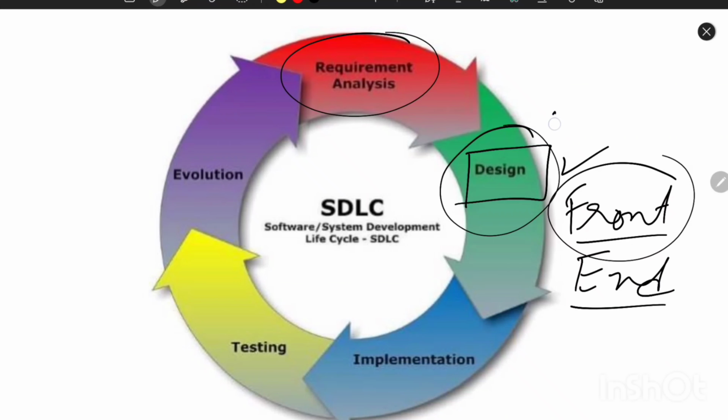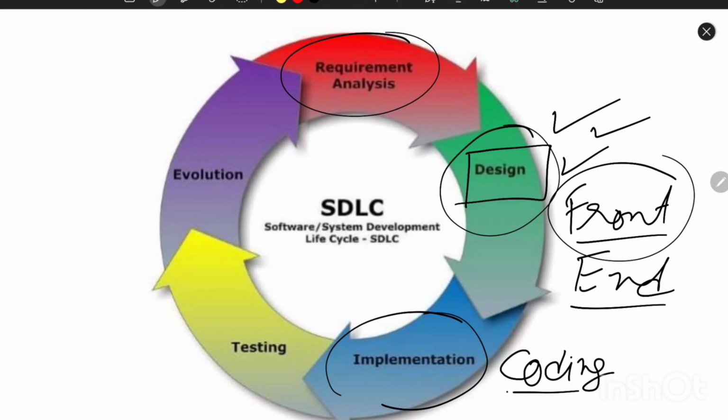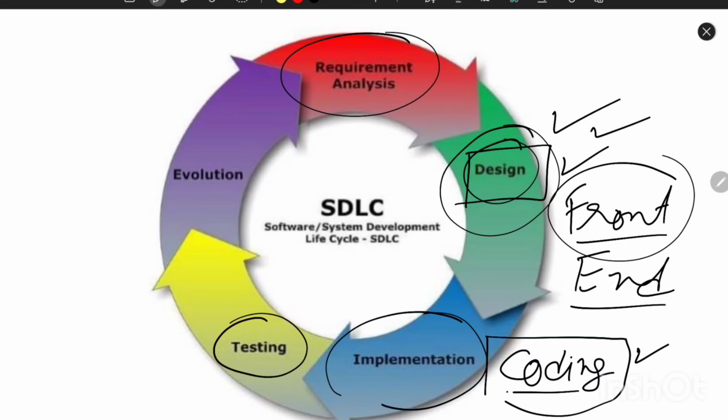Then once your designing is complete, you are going to implement it. In this the coding section comes, actually. You have made the design of what you actually want to do, how many pages you want, and which things you need to make on one page. Now you start coding how those things will happen, whatever language you are using, either Python, Java, or any language, once you know what the design actually is. Then after your coding is complete, you are going to test also that the thing you are doing is okay and working. So if it is working correctly, you can